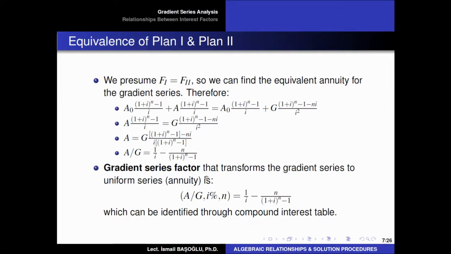And the extended notation for the gradient series factor, which converts the gradient amount to uniform amounts, is A over G under i% interest rate for n years in ordinary brackets. Again, the formula is 1 over i minus n over 1 plus i to the power n minus 1. Now either you can use this formula again for problems related to gradient series of cash flows,